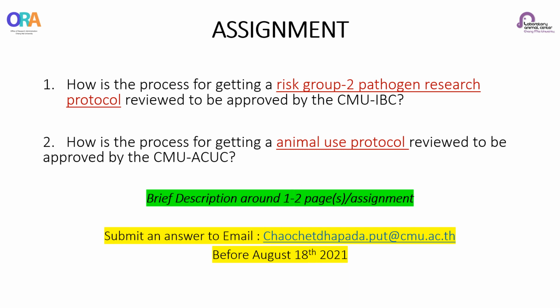The first assignment: how is the process for getting a risk group 2 pathogen research protocol reviewed and approved by the CMU IBC? Second: how is the process for getting an animal use protocol reviewed and approved by the CMU ACUP? You can describe in one or two pages per assignment and submit the answer to my email on the slide